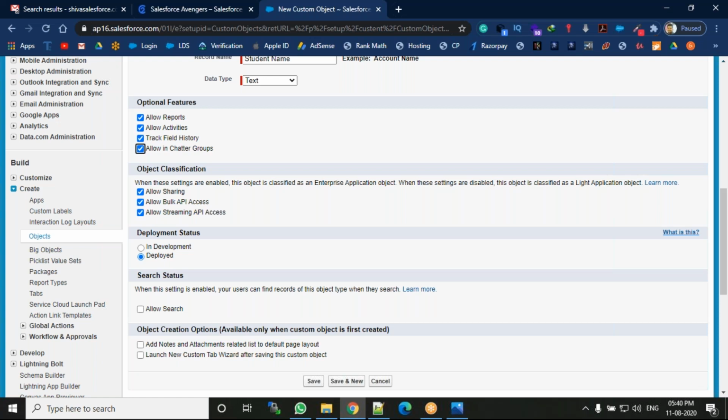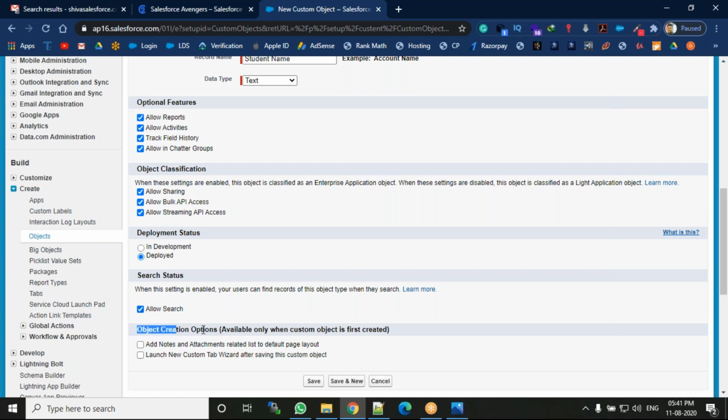When you uncheck this one, if you're not allowing the search, what does it mean? Whenever you type the student name in the search box, you won't retrieve the student information. I got it. So this is what allow search does. Obviously, we need to check this allow search also, right? These are the basic things for every administrator. So allow search, and then after we're having